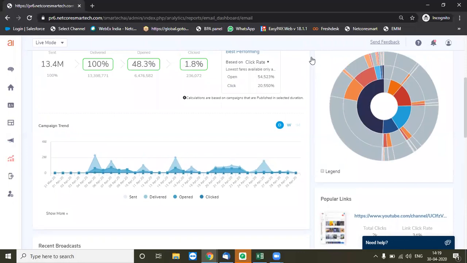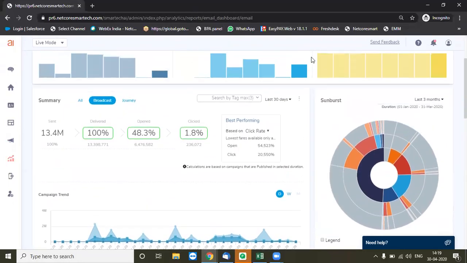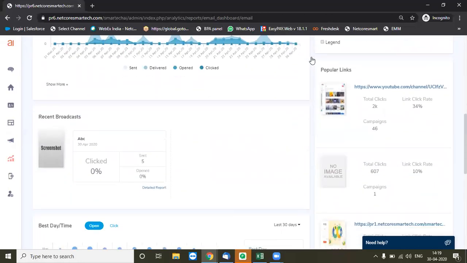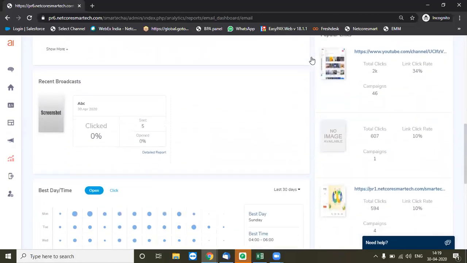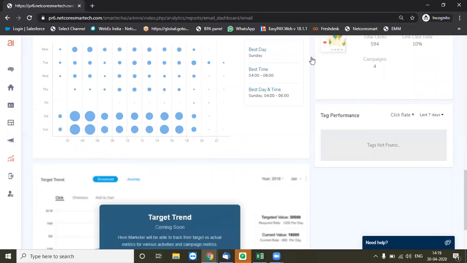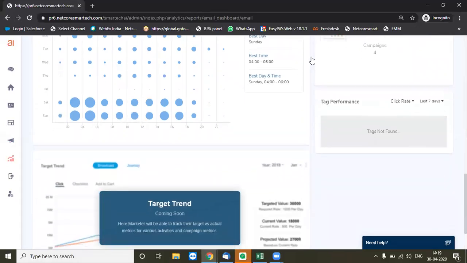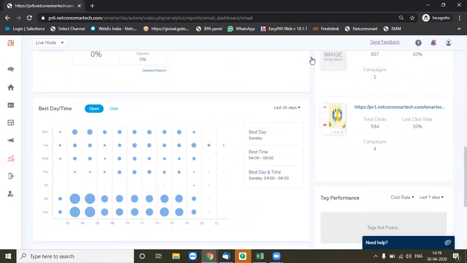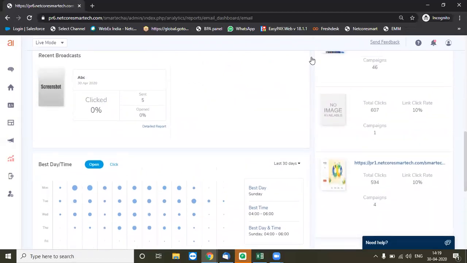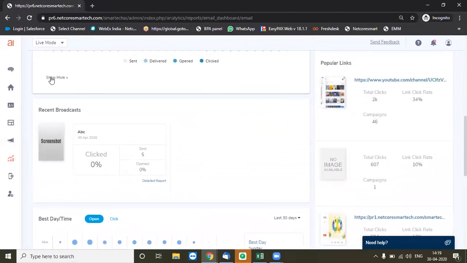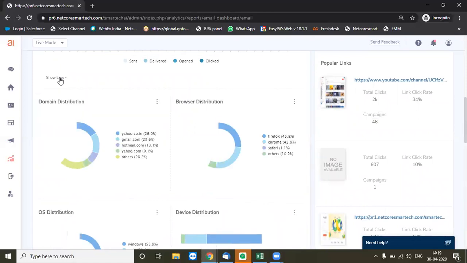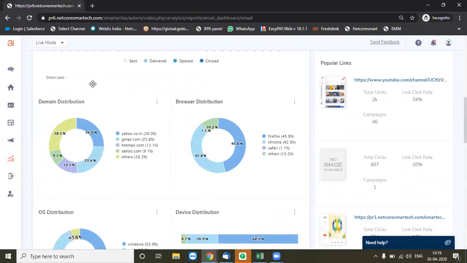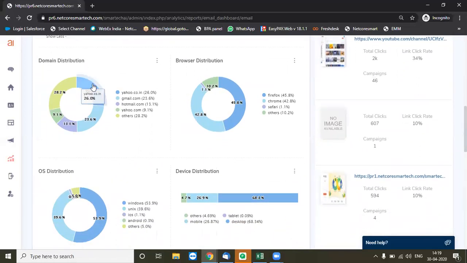Like how much you should communicate, what should be the ideal frequency, what should be the best time for your campaigns, what should be the kind of responsiveness ratio which you need to maintain in your email templates that can actually render a more mobile responsive or a more desktop responsive template. So you can get these kind of fine details over here.